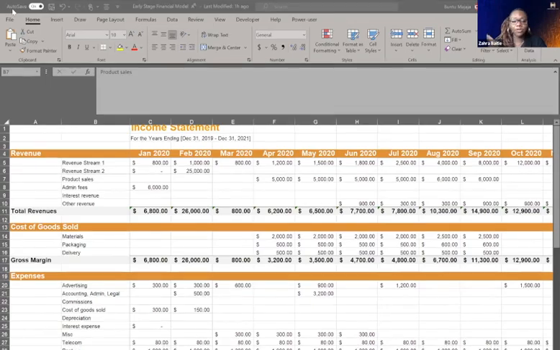So the most important years you want to feature are your historical years. We want 3 years of revenue. Projections are helpful. If you don't have projections yet, it's not critical. But it's helpful if you do have them, to show us what you think you'll be earning next year, the year after, and what you think your costs will be. So you provide it at a high level, right? At a high level, what is your revenue?